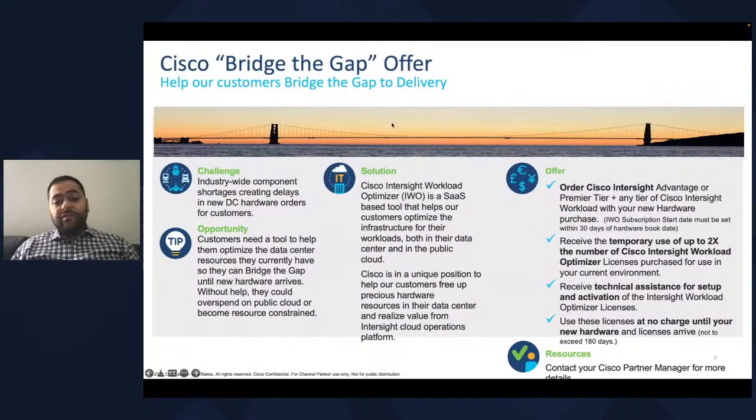This is one of the amazing promotions that we are offering under the cloud and compute. The challenge is everybody knows the industry-wide component shortage, which is delaying all the hardware shipments these days. What we are offering here: if we have a customer who's buying Cisco infrastructure, so UCS, HyperFlex, in addition to Intersight and IWA, and we are definitely expecting a shipment delay,